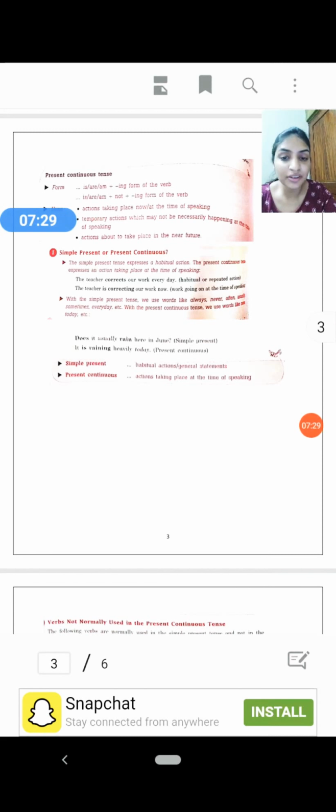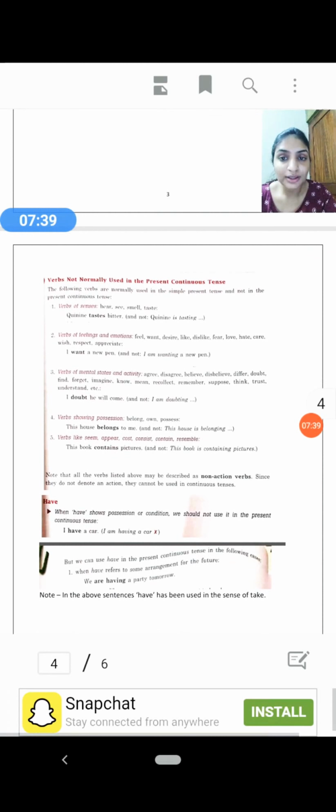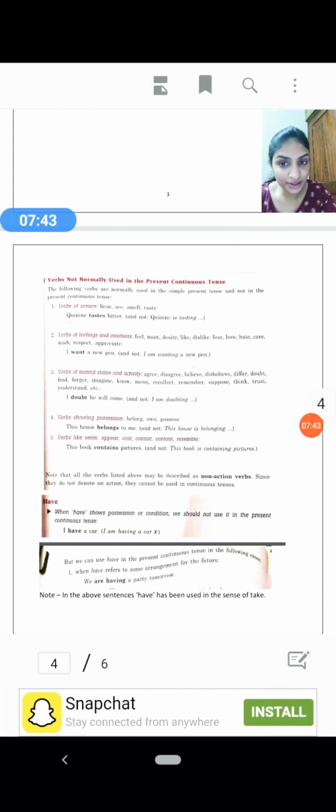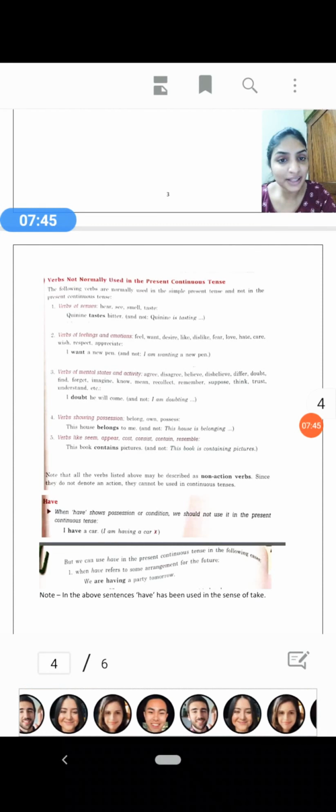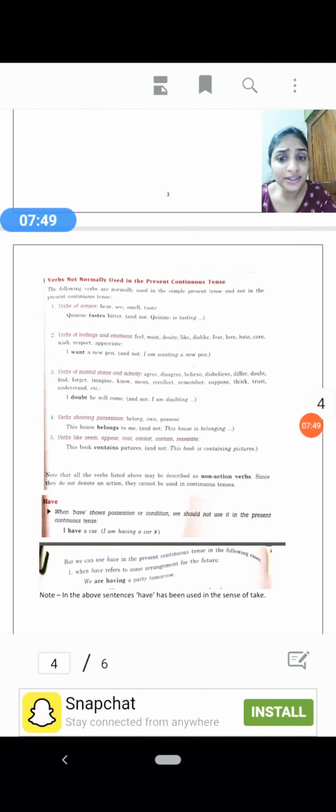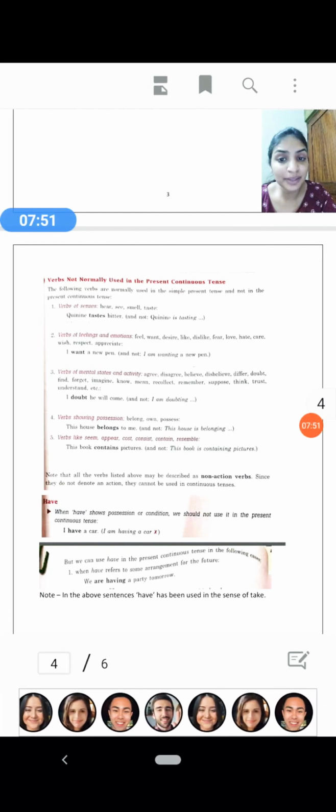Then we have given the simple present and present continuous: habitual action, general statements, actions taking place at the time of speaking. Then verbs not normally used in present continuous tense. Okay, there are some examples. Verbs